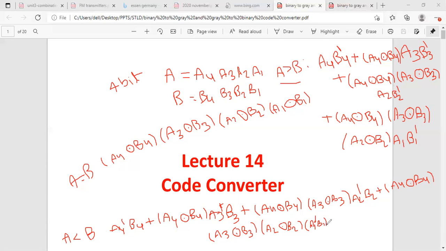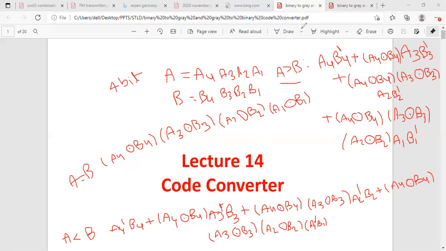Okay, so these are the Boolean expressions for the 4-bit magnitude comparator. Then you have to draw the logic diagram by using gates. For A greater than B, you draw it using AND gates, OR gates, NOT gates and also XNOR gates. Similarly for A equal to B and A less than B, the whole logic circuit will be called a 4-bit magnitude comparator. Okay, so this is all about the 4-bit magnitude comparator.